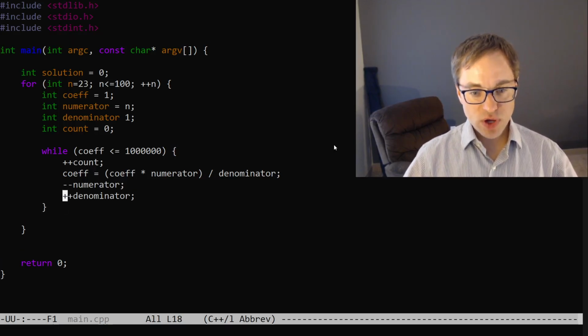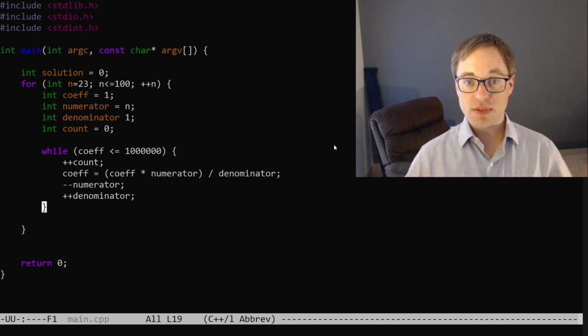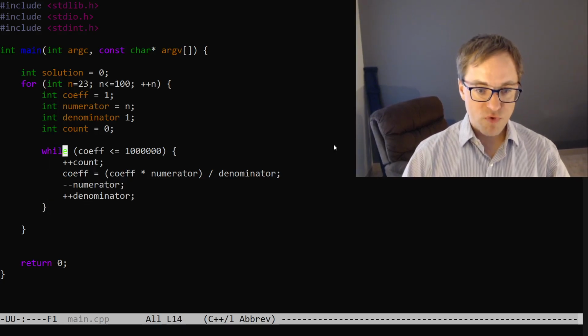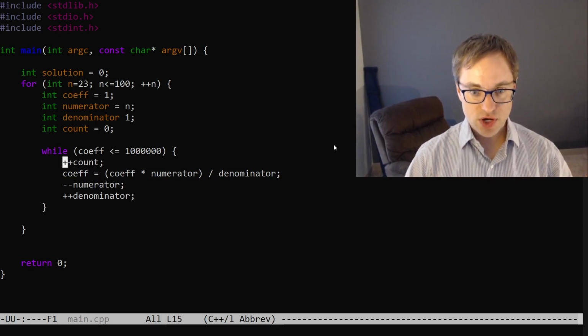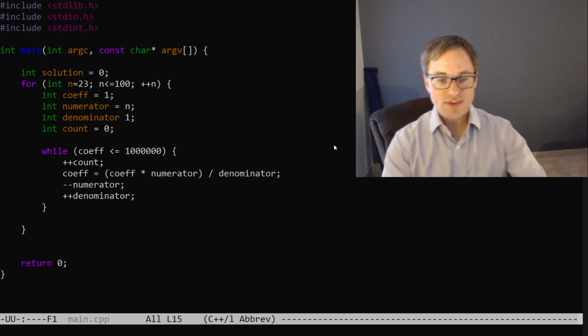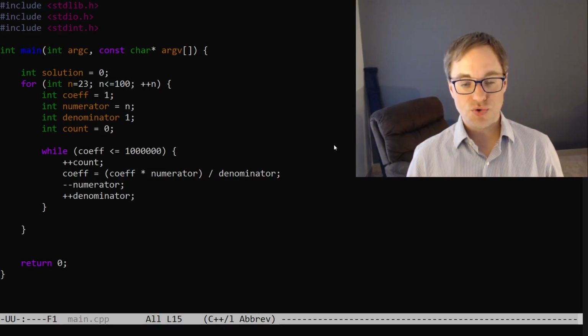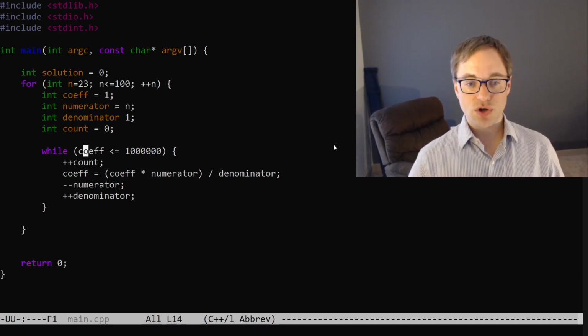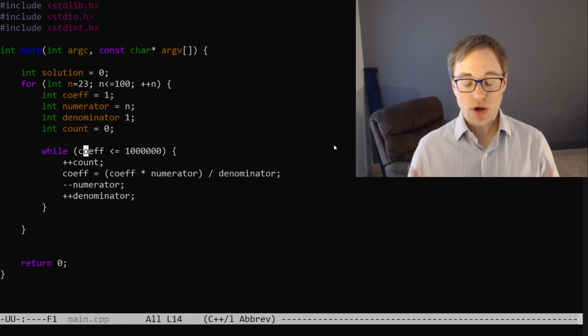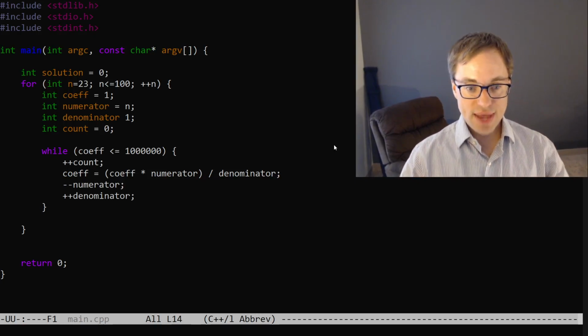And it's at this point we will check that our coefficient is still less than or equal to 1 million, both for incrementing on subsequent iterations. Okay, so eventually we're going to find a coefficient greater than 1 million,